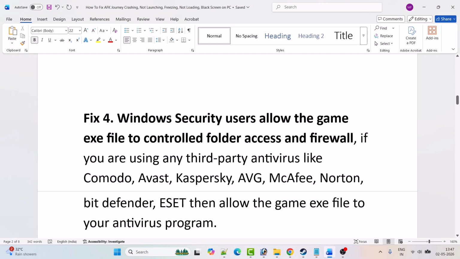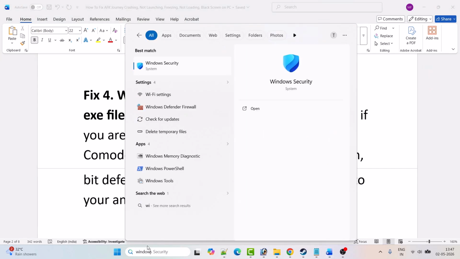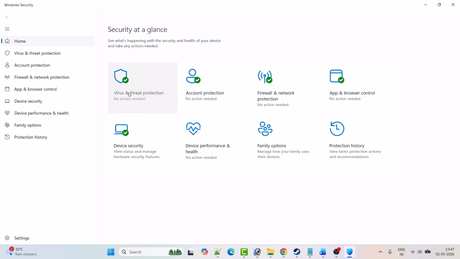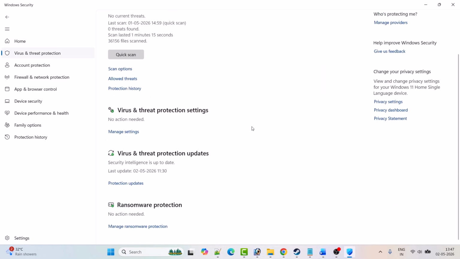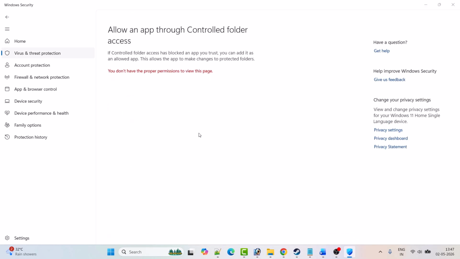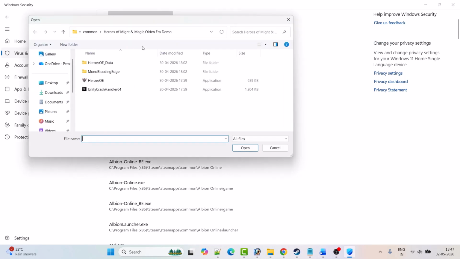Fix 4 is to use Windows security to allow the game exe file through controlled folder access and firewall. So in Windows search type Windows security and open it. Then click on virus and threat protection. Scroll down, click on manage ransomware protection. Click on allow an app through controlled folder access. Click yes to allow. Click on add an allowed app, then click on browse all apps and then browse to